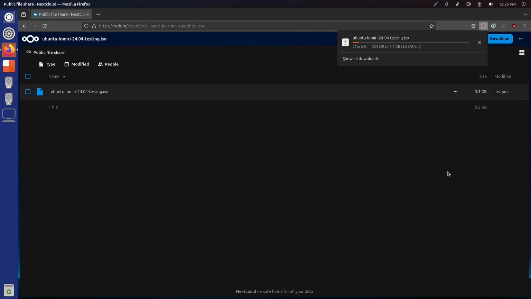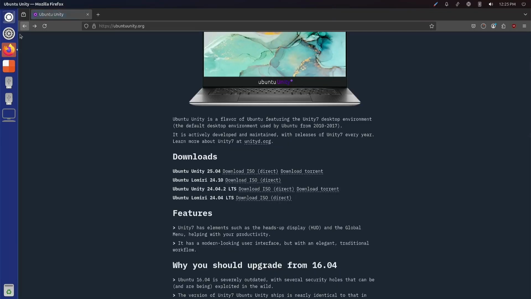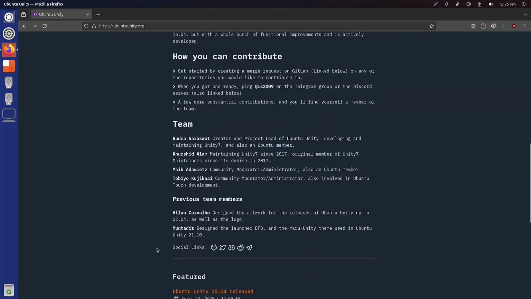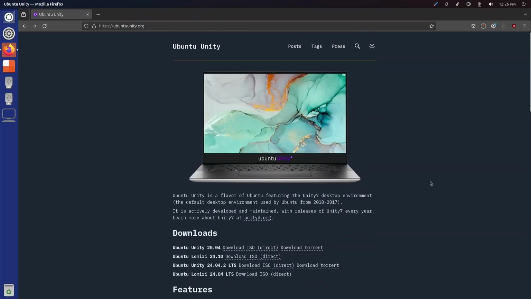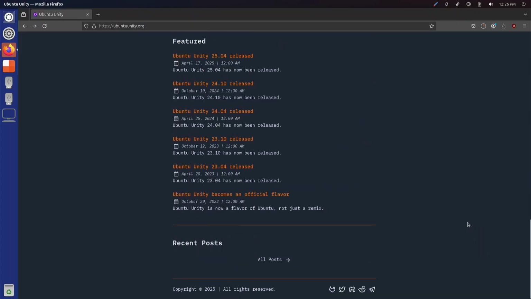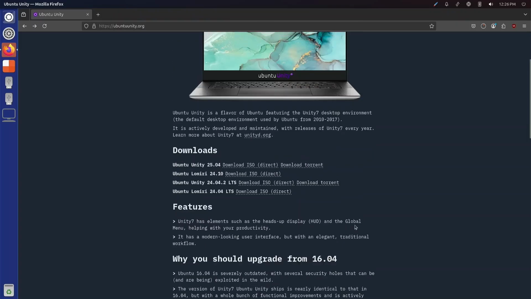So yeah, that's the Lomiri right there. And I know that the Ubuntu Unity team is kind of using that as a fallback. If X11 truly goes away, Lomiri, which was to be Unity 8, is kind of Wayland native already. So they're going to use that as an alternative if something goes wrong with X or Unity, I guess.